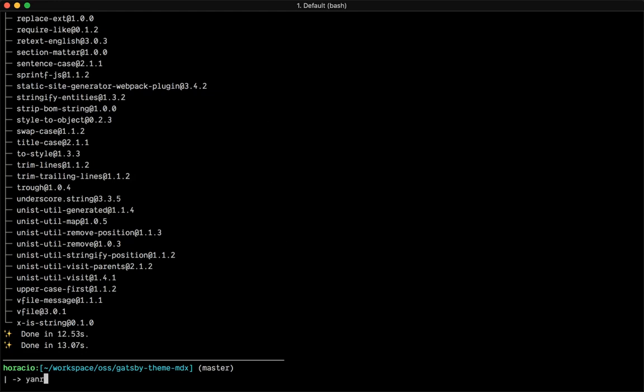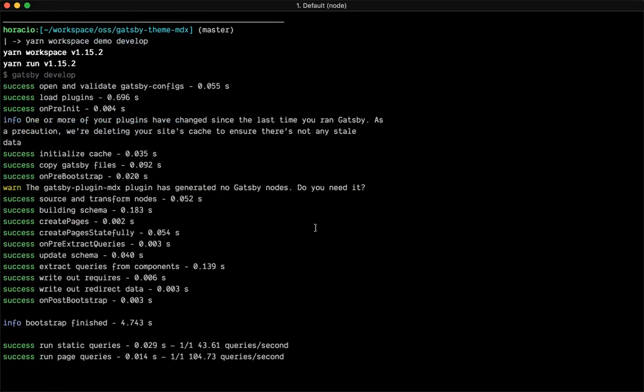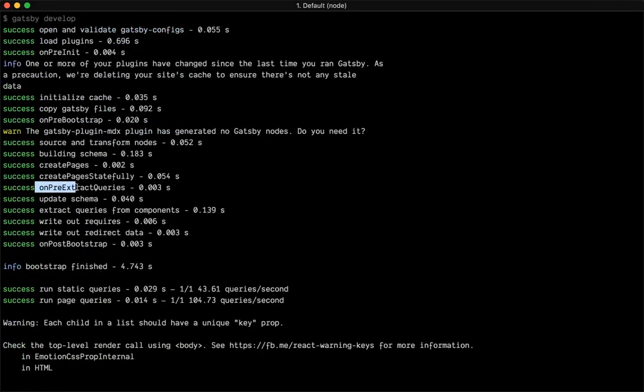So if I do yarn workspace demo develop, this is not going to do anything because I don't have any pages already. So you see here that the Gatsby plugin is not generating any Gatsby nodes,